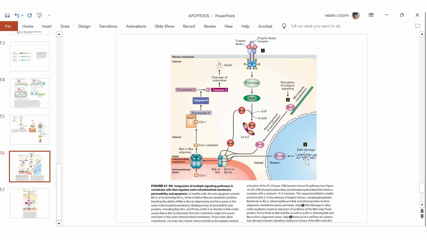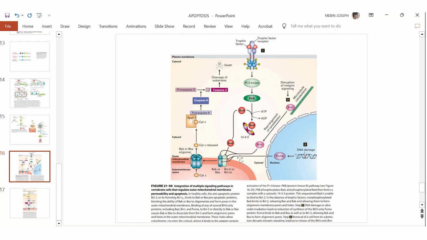Okay, if it is a small type of damage which can be easily repaired, our DNA repair mechanism can easily correct it. But when the DNA is heavily damaged and it is beyond repair, the cell will try to activate the apoptosis pathway and kill it. So during heavy DNA damage only, Puma and Noxa will be produced or transcribed by P53